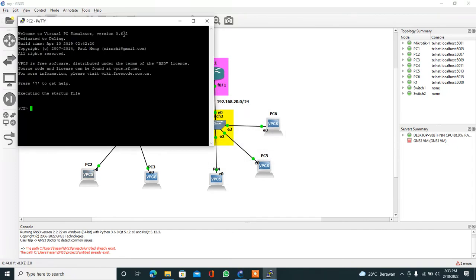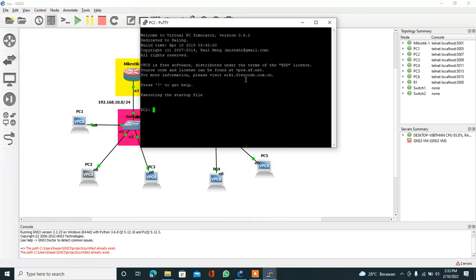Next, enter PC2. Okay, ip dhcp, enter. Waiting for a minute to get an IP address. PC2 gets IP 192.168.10.253.